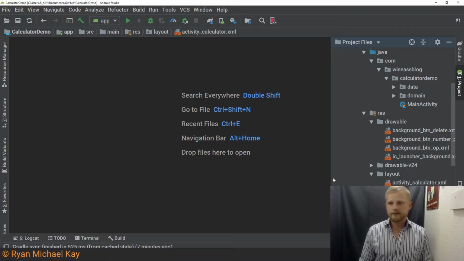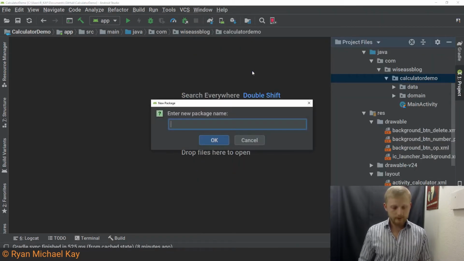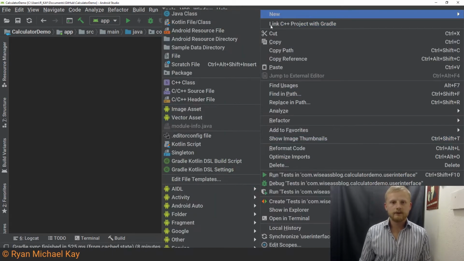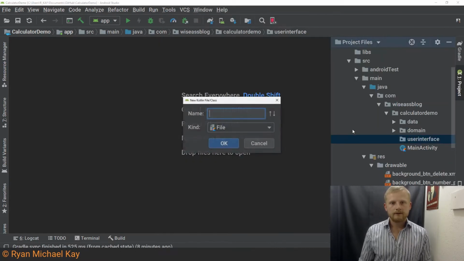All right, so first thing, we are going to make a new package in the main package, and it's going to be called user interface. I'm giving these things super long names just so they're really easy for everyone to know what's going on. And within that particular package, we're going to right-click, go to New Kotlin file or class, and this one I'm going to call it